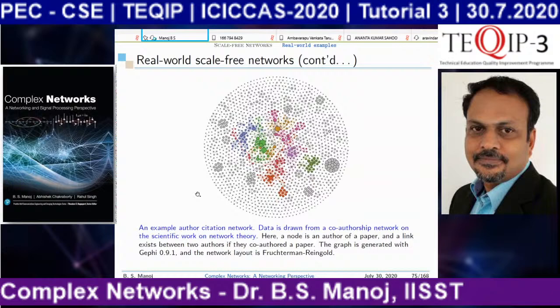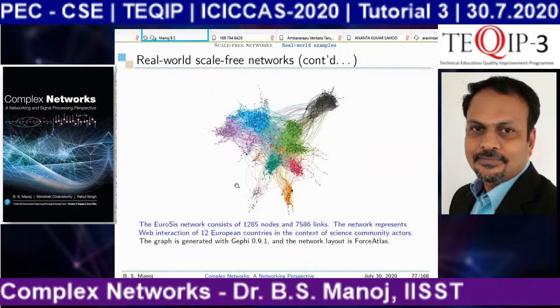Now, the question is how to estimate whether a network is small world or scale-free, which can be done with this particular example. I have just collected some examples from the real world: the social network called Karate Club network, World Trade Network, World Adjacency Network, American Football Network, and so on. You can find that some of these networks have a very high number of nodes, for example the network of autonomous systems in the internet,